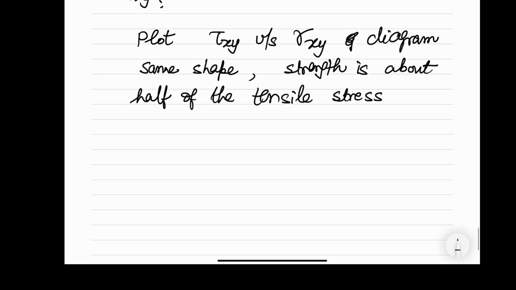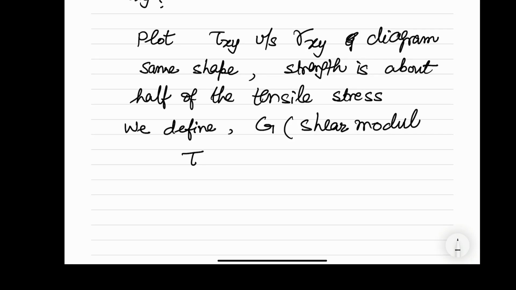And so we define G, called the shear modulus or modulus of